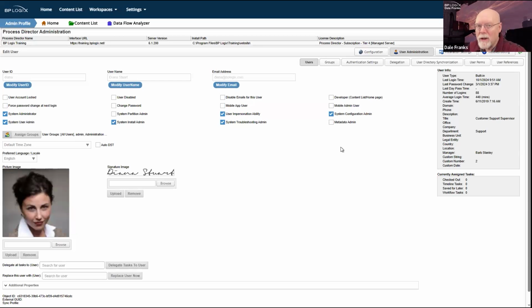With that user identity, you should have no elevated privileges. You shouldn't be able to do anything special. For the purpose of day-to-day access in Process Director, you should just be a normal user, do your SAML log in like everybody else does. You get to see what everybody else sees.